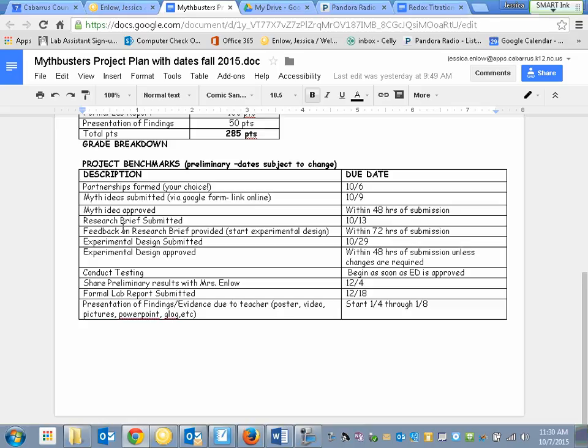It seems like a long ways off, but I have this segmented out in dates for you because you will stress yourself out if you wait to do a lot of this until December. That's why I want you to baby step it. It's more for you, so you don't overwhelm yourself. Questions on Mythbusters right now? Do you have your partnerships? If you want to talk to people, go talk to people right now. Finish up those last two and start reading our